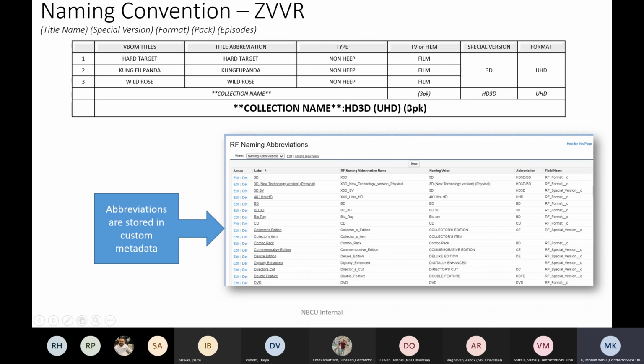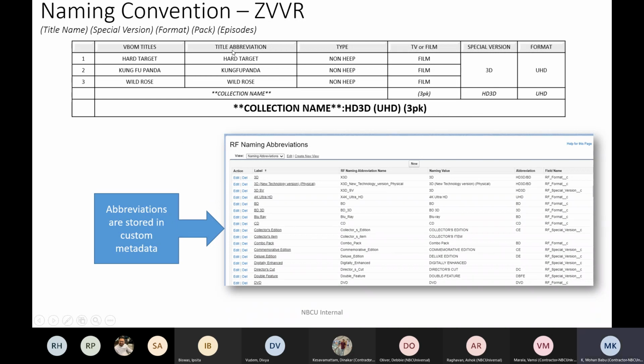If we have episodes, we won't have the pack; instead, if we have 3 episodes, we'll stamp 3 EPS here. This is how the naming convention works, and the abbreviations are stored in the custom metadata, RF naming abbreviations. From here we get the abbreviation and stamp it.